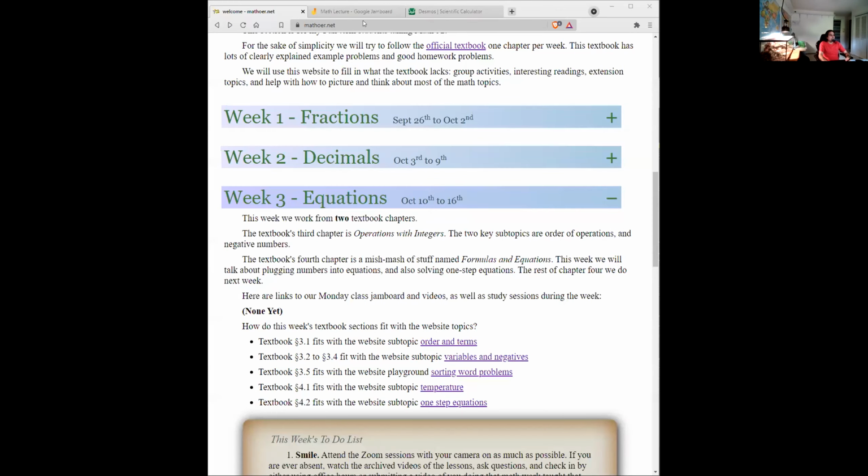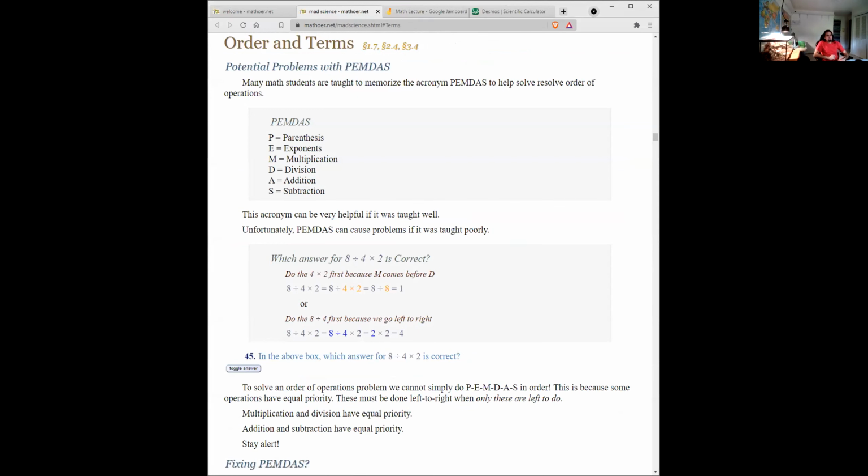Okay, our new stuff for week 3. We're going to start with order and terms. So this is one of those topics where I am mostly lecturing, in a way that may or may not be the same based on